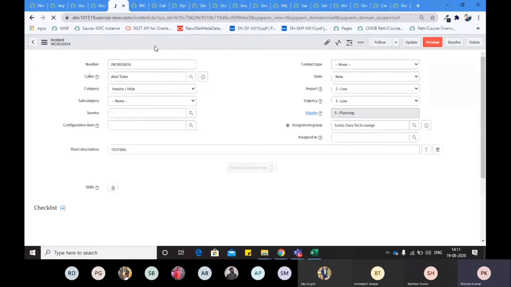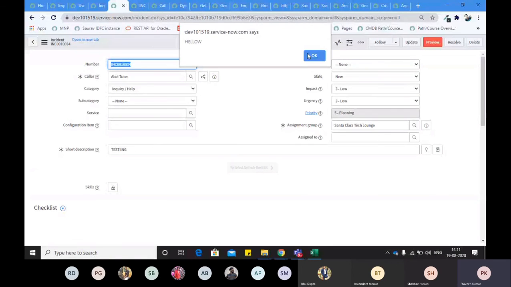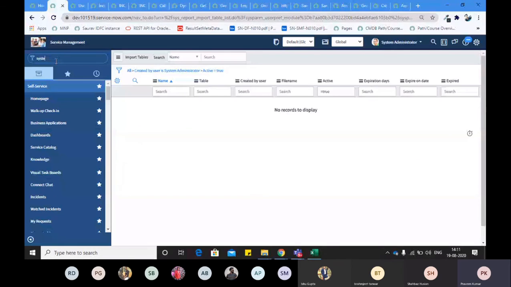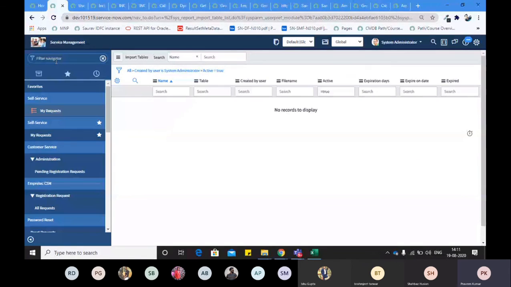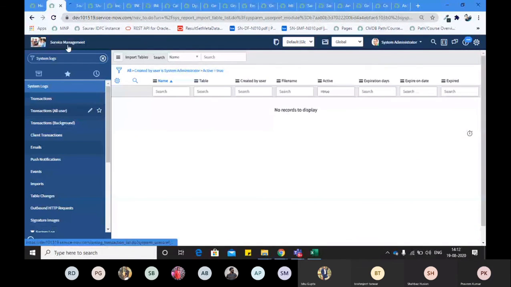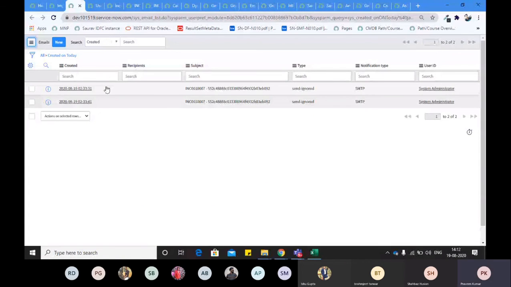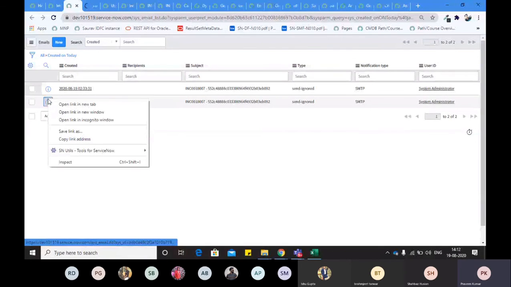Now let's check whether our email was fired or not. Again, for that we can check it in the logs. Go to system logs and emails. See here, let's open these.